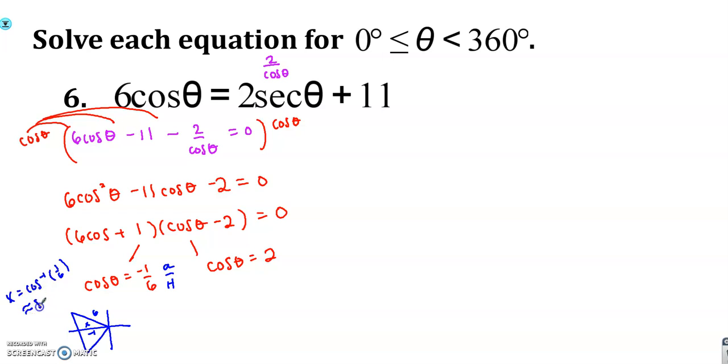That's going to give me a reference angle of about 80.406 degrees. Okay, then to get those 2 answers, I'm going to do 180 minus. That'll give me 99.594 degrees. And then 180 plus is going to give me 260.406. And then on this last one, I'll get no solution because